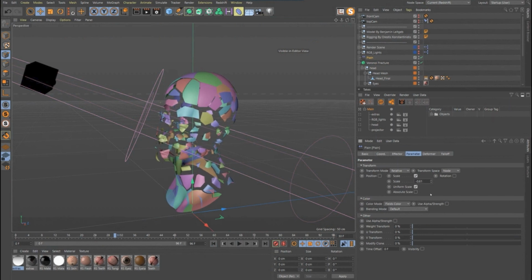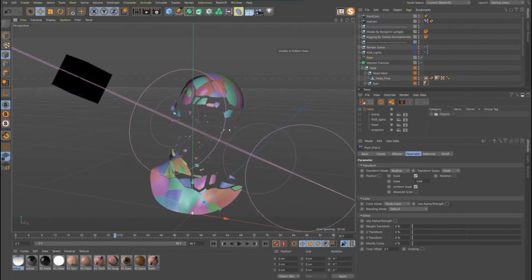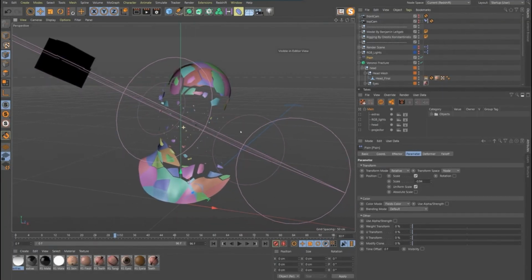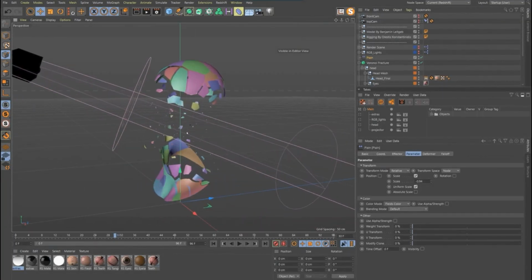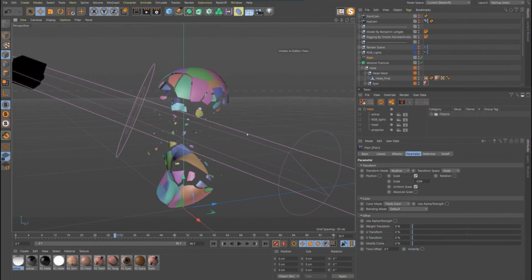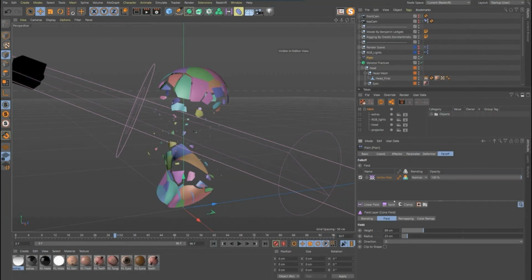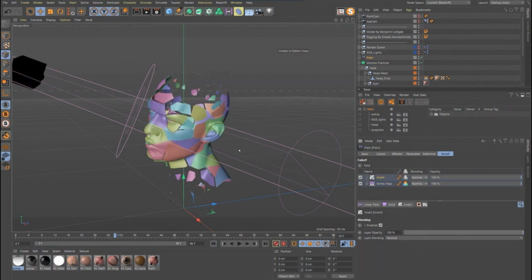Right now, where our cone or our light is projecting, that is driving where this falls off. And we actually want this to be inverted. So let's go back into our plane effector, falloff. Here we can just put an invert on there. Invert. There we go.